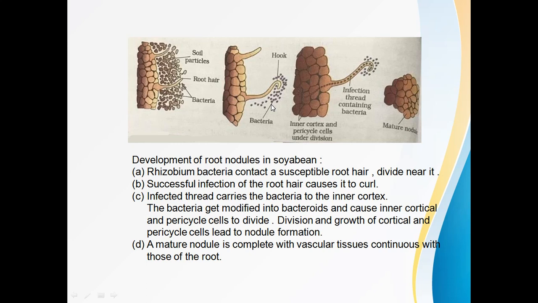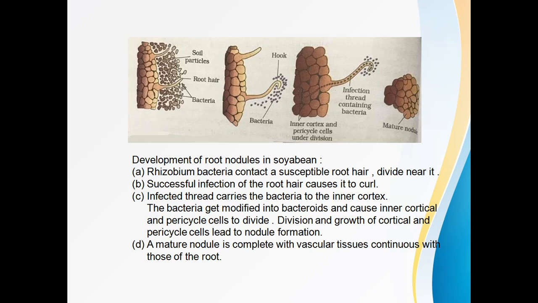and then bacteria come near the root hair for entering into it, because bacteria get attracted by the presence of the sugars and the amino acids released by the roots, and they get attracted to the root hair cells for entering inside the root hairs. Here you can see bacteria entering inside the root hair.